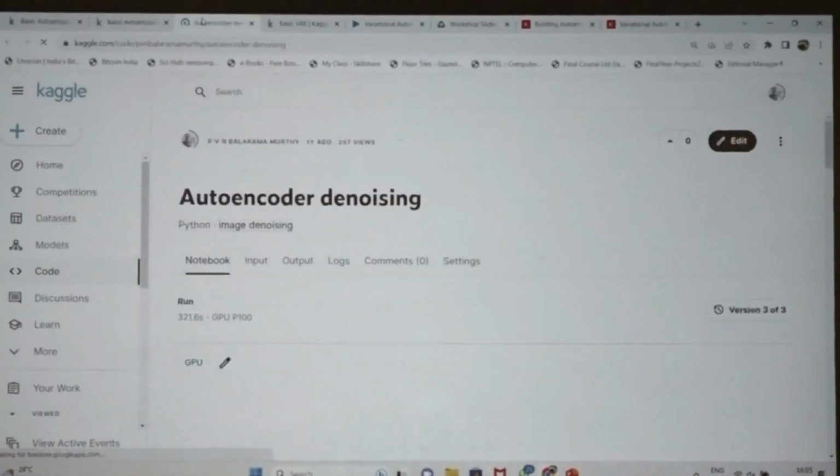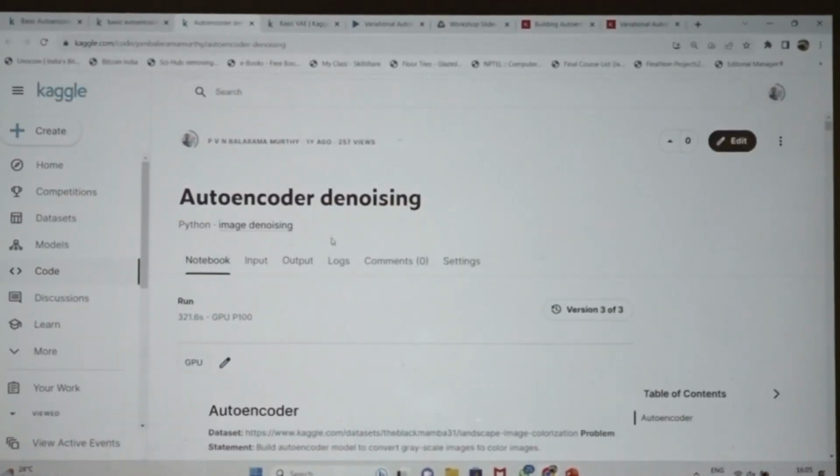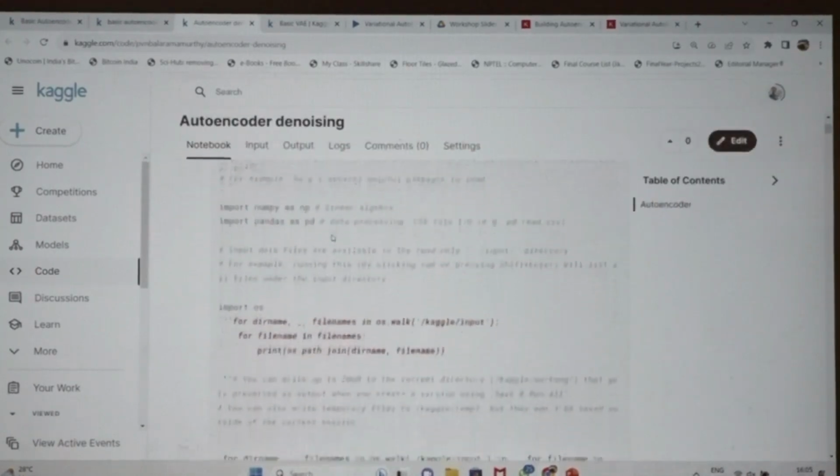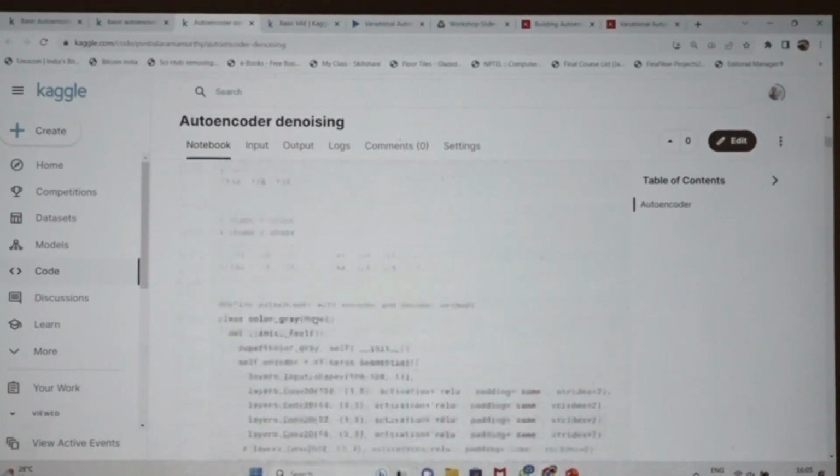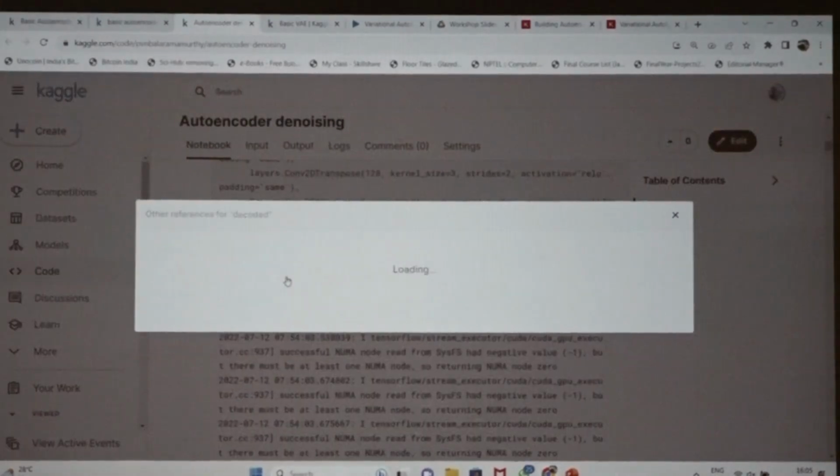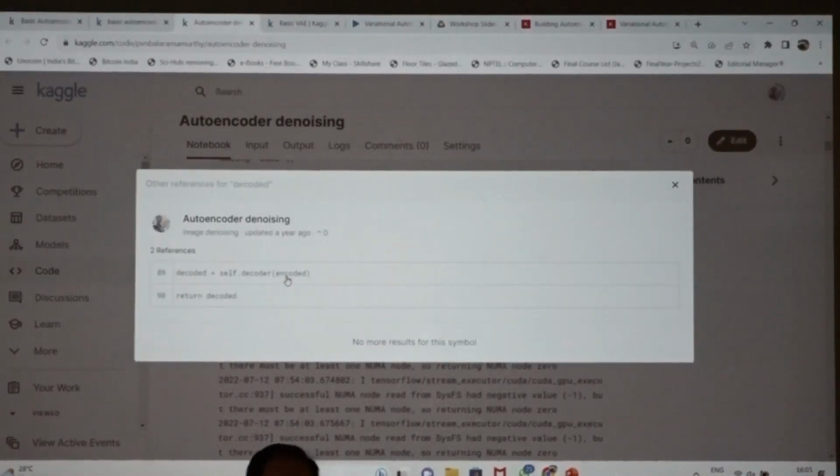It is another program. The denoising program is also there, and the black and white to color image program for the variational autoencoder is also available in that notebook. You can go through it.